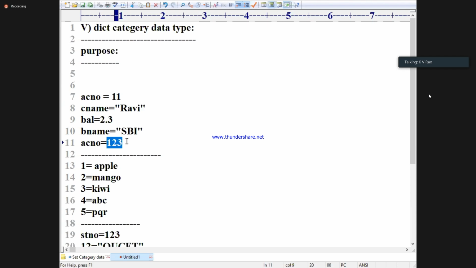Are you understanding? So keys are unique or duplicate? Unique. But the value may or may not be unique. Suppose your balance is 2.3. Another person's balance may be the same or not. Another person's name may also be the same, but your account number is completely different. Are you getting it? Key names are unique. The value may or may not be unique.